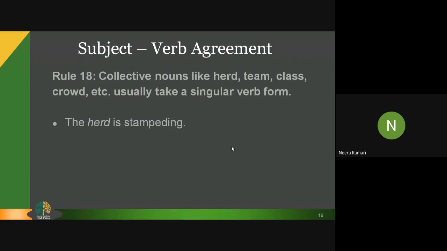Collective nouns. Wherever you have used or may be using collective nouns, please remember it will always accept